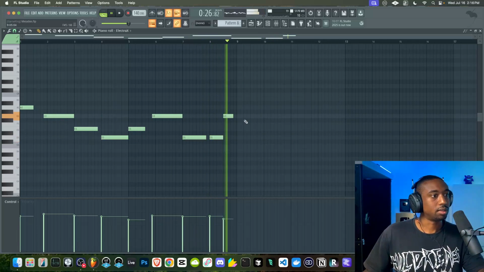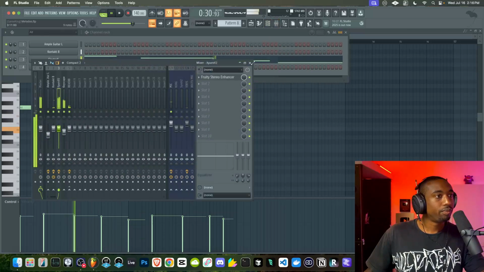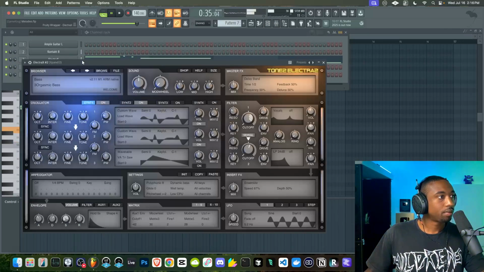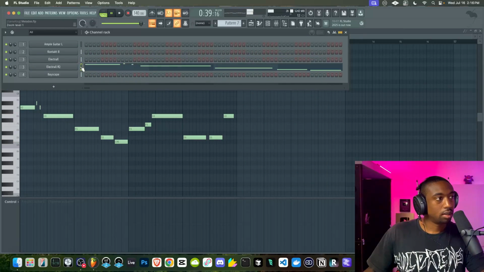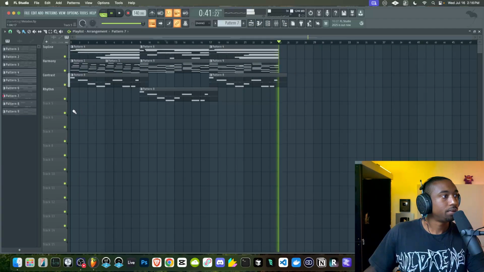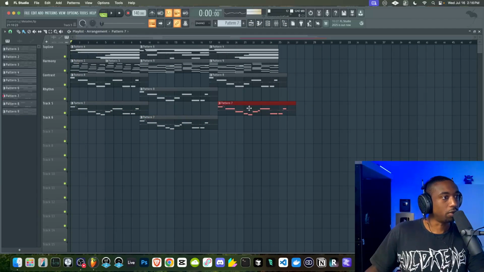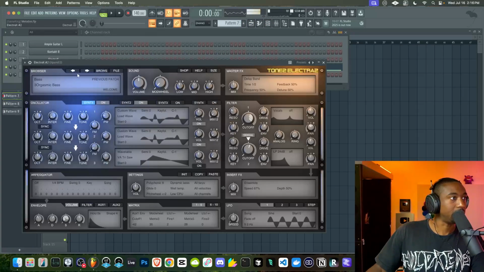Let's quantize this. So now we have more of an accent. The reason I'm overlapping these is because it has a pitch value at the very end. So if I cut that short, it will mess up the actual pitch.